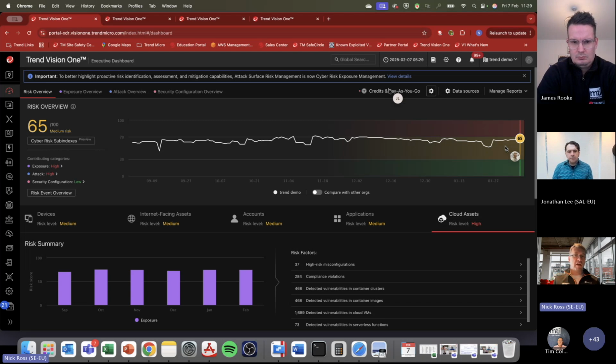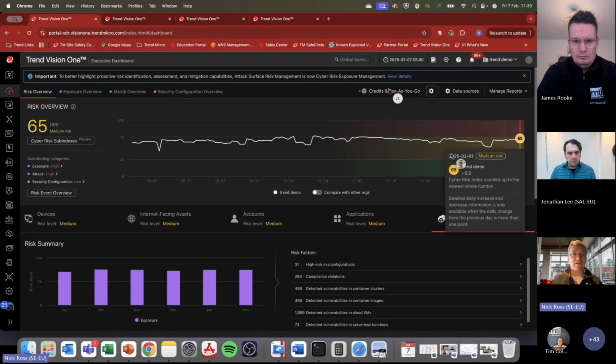We're talking about user accounts and identity. We're talking about applications that are being used within the organization, be they cloud applications or hosted applications within your private cloud. And actually the cloud assets themselves, so the AWS, Microsoft Azure, or other cloud providers that you're using to deliver the infrastructure that all these technologies sit in as well. All of these technologies and spaces can be combined into our platform to provide a really comprehensive view and up-to-date level of risk that your organization is exposed to.